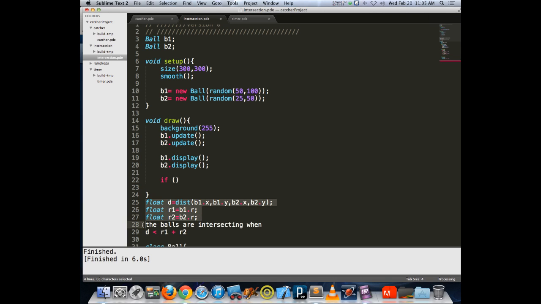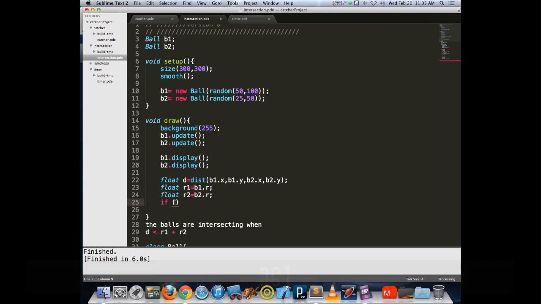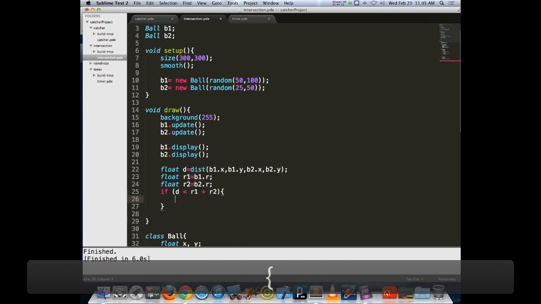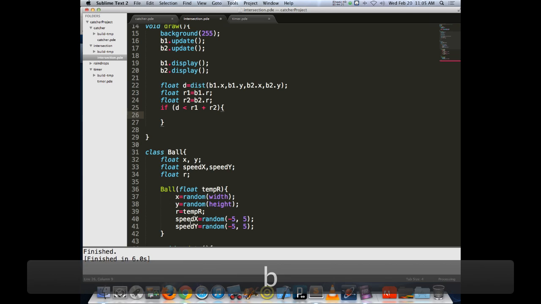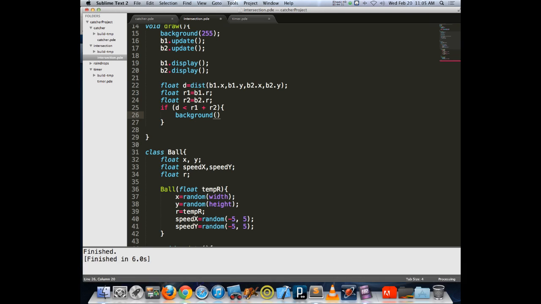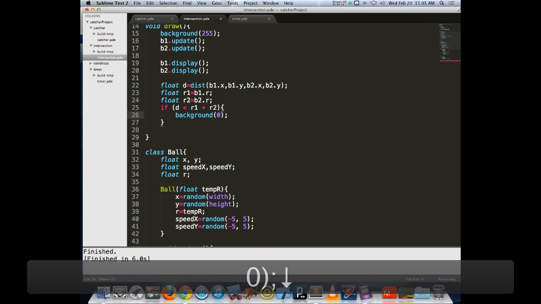So if I have those variables up inside, and then say if, oh, already have it right here. So if the distance between the two balls is less than the sum of the radii, we want something to happen. So that's something I want to happen. At this point, we could say if I change my background to black when they intersect, else